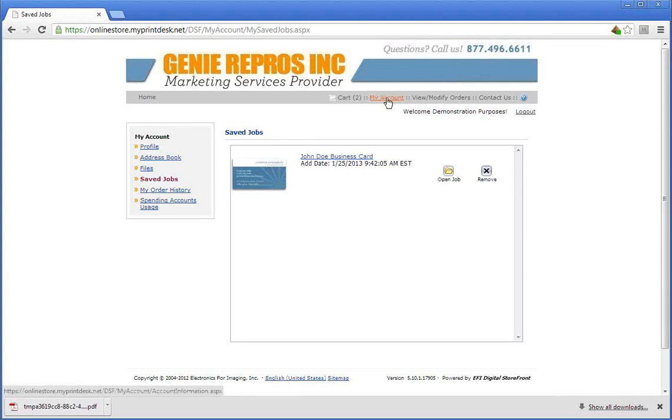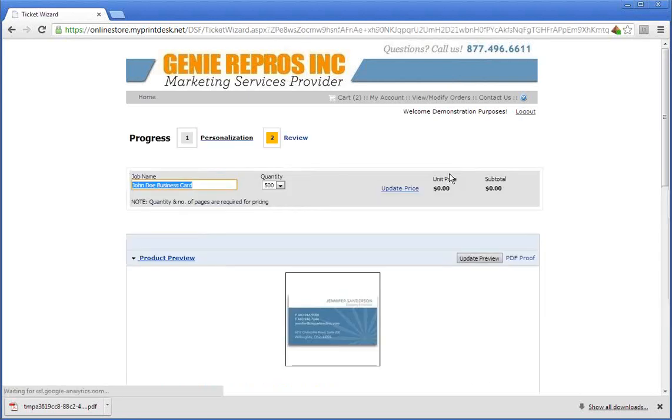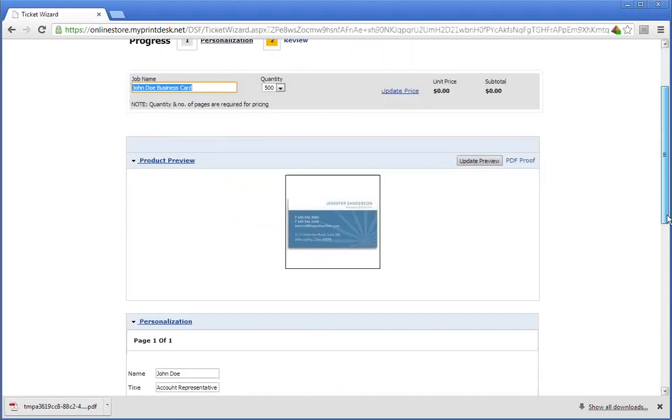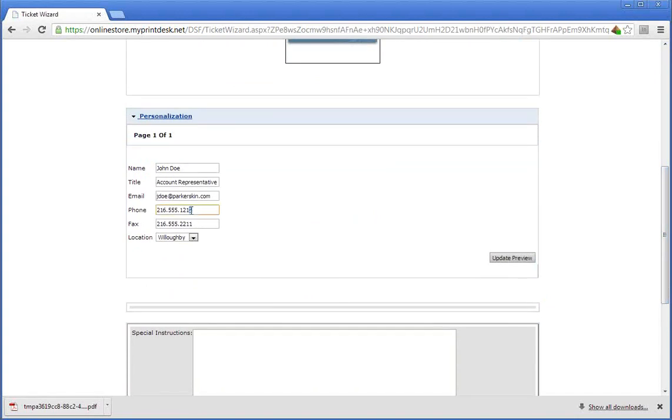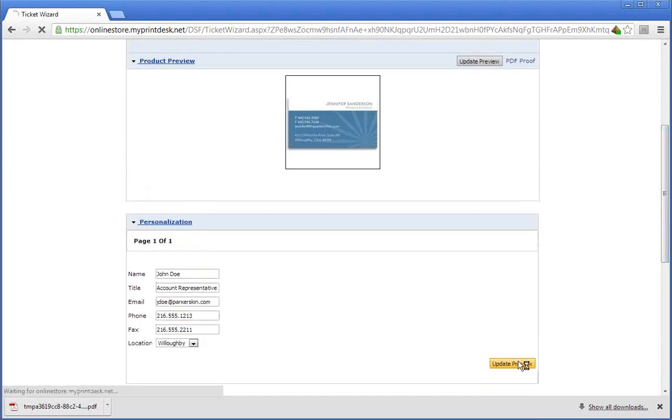The saved jobs section sits in the My Account section. So you can access that by going here or by saving additional jobs. If we're ready to, John didn't like it or did like it, we can place the order from here. Or if John's no longer with the company because he didn't approve his card, he can be removed from here. You can stack up any number of saved jobs. If we go back into the job, say John's phone number wasn't correct. It was 1213. Now we don't have to retypeset all of the information. We can just change the affected section, update the preview again,